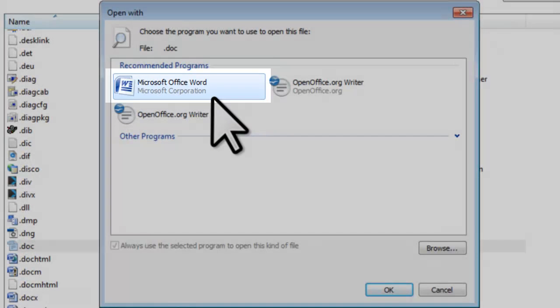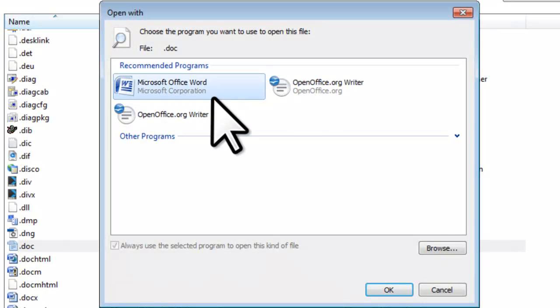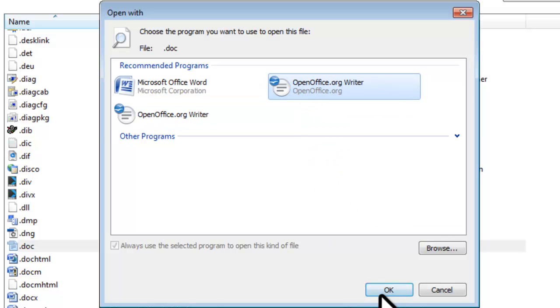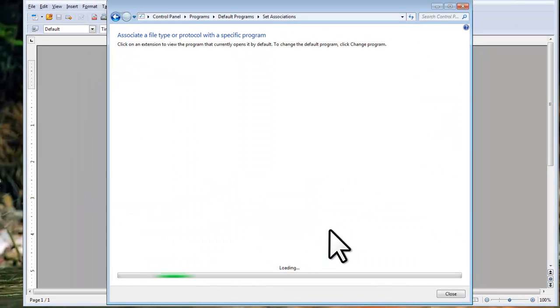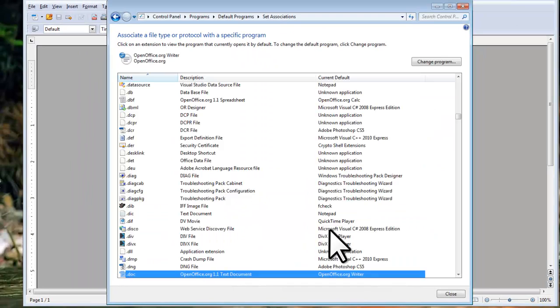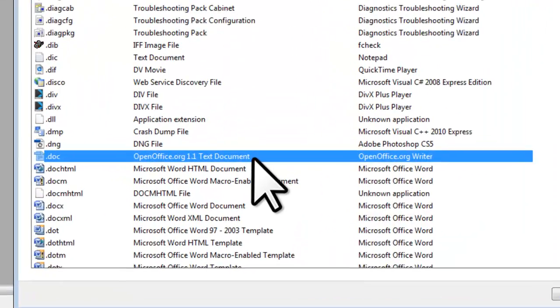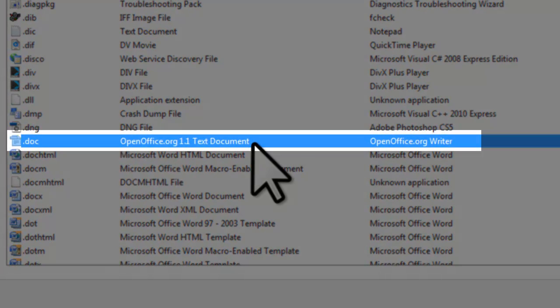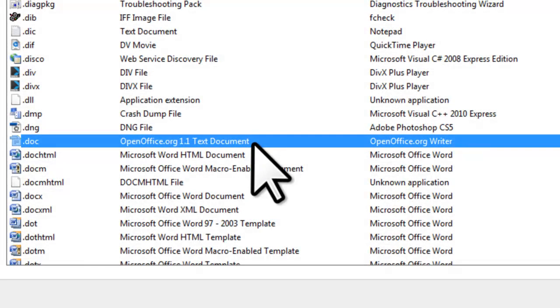There appears to be a bug causing OpenOffice.org to appear twice in the list. Select either one and click the OK button. Now if you look under the current default for .doc files, it's set to open an OpenOffice.org text document.